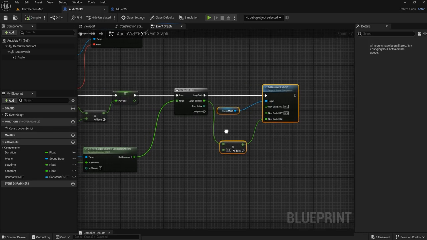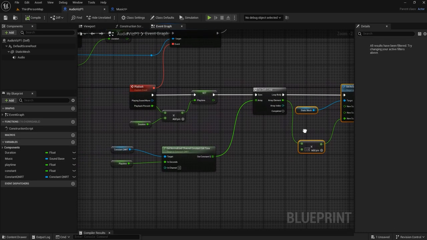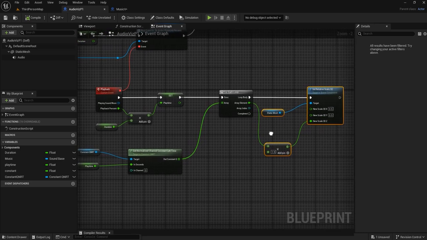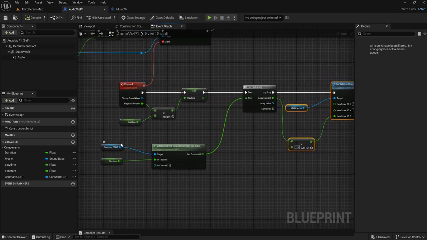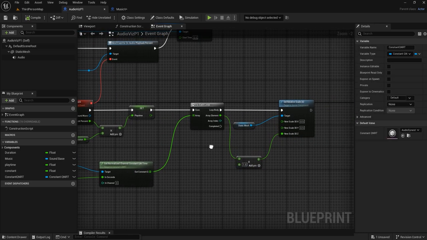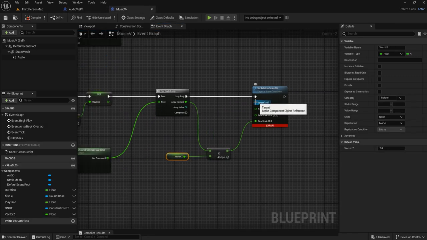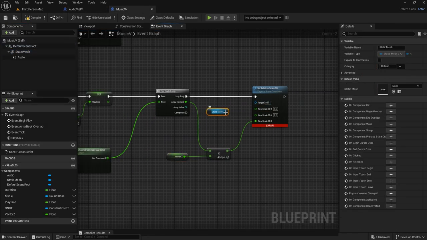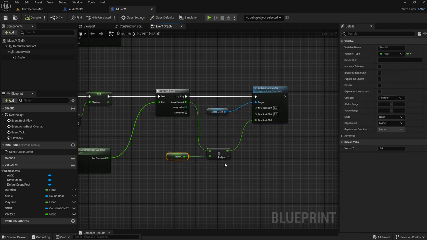Nothing has gone wrong, I think, so far. Playtime, the duration, Constant QNRT. For this part, we already defined that. Static mesh, because we haven't defined a static mesh, so let's drag this one here. Okay, so now we have it. Perfect. And for this one, you can define the value by yourself. I want to open up this one so that you can change the data inside the